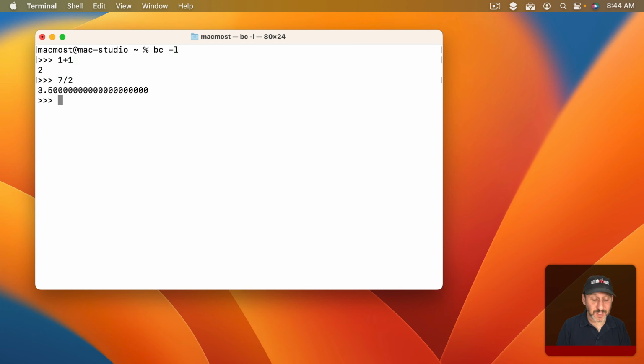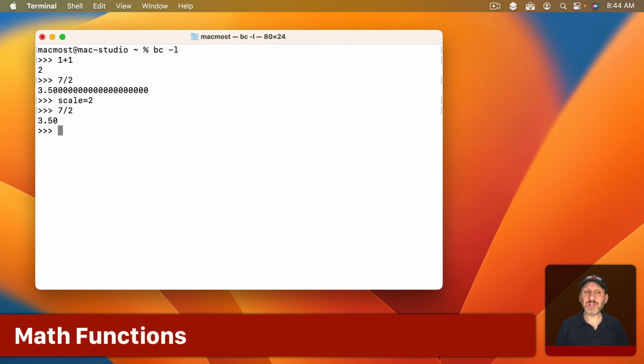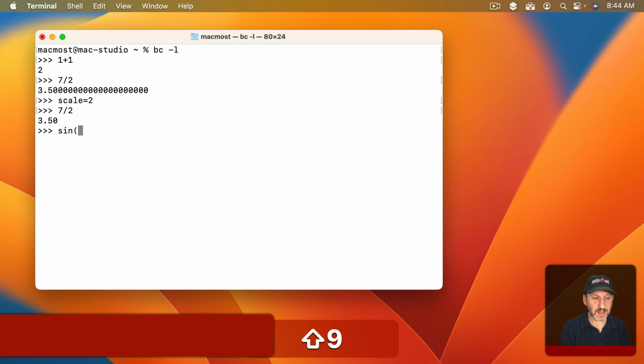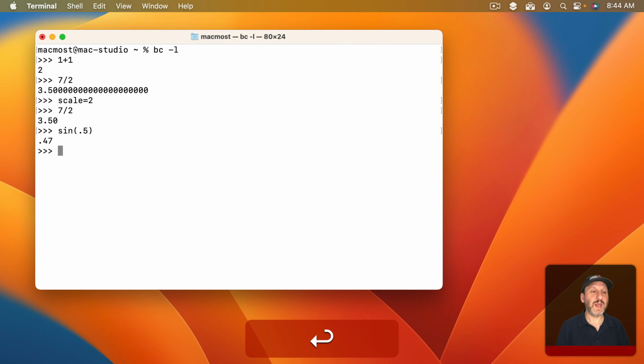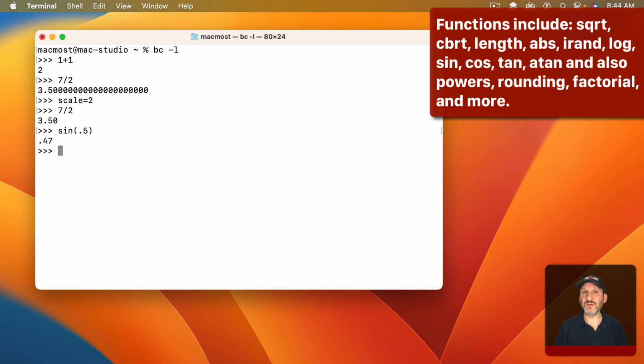If you want to set the number of decimal places, use scale. So scale equals 2, for instance, and now I get 2 decimal places. Using -L also gives you access to math functions. So you can do things like sine of 1/2 and get sine, cosine, square root,